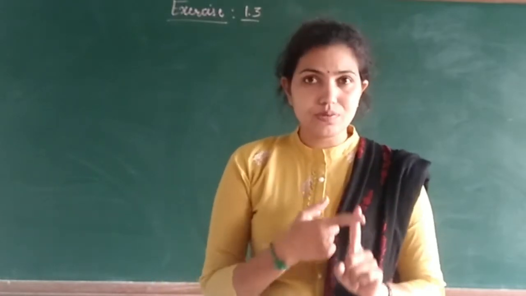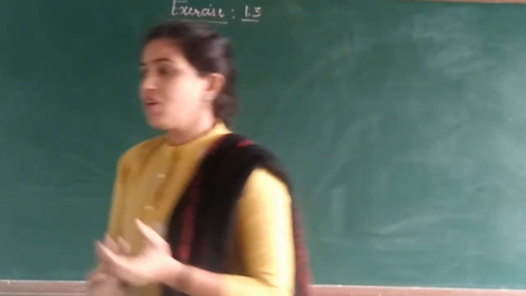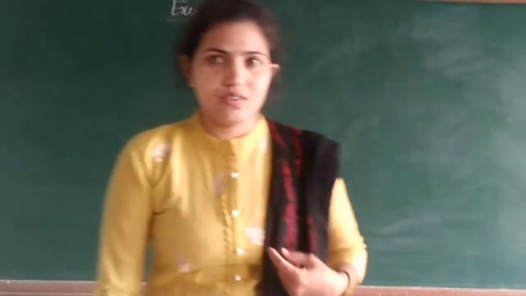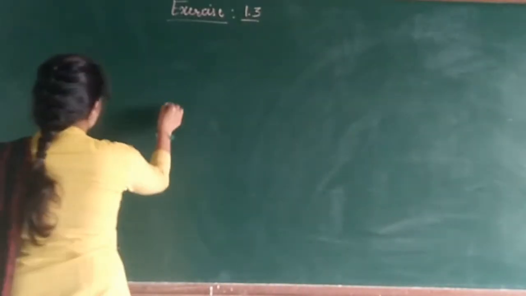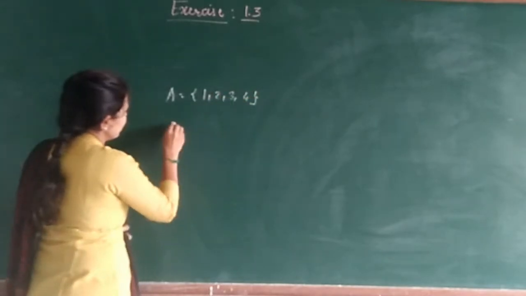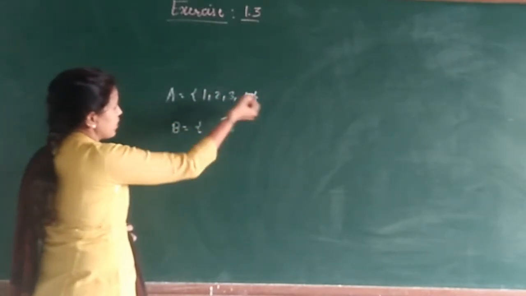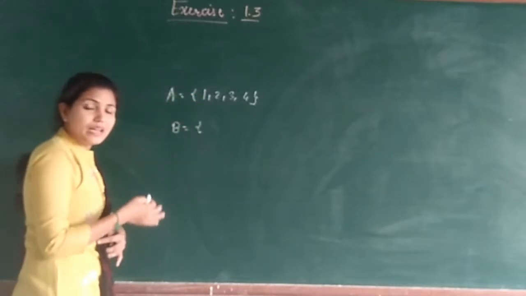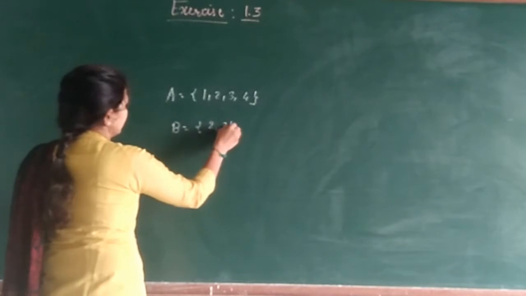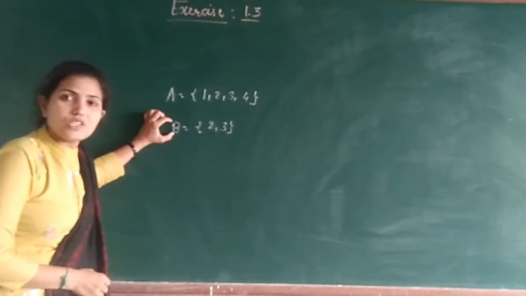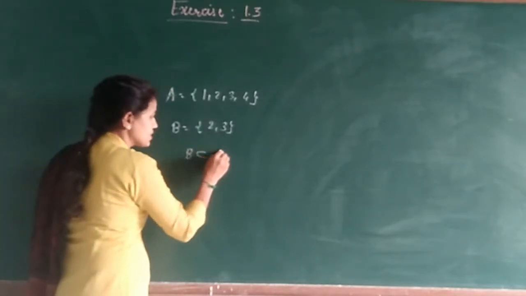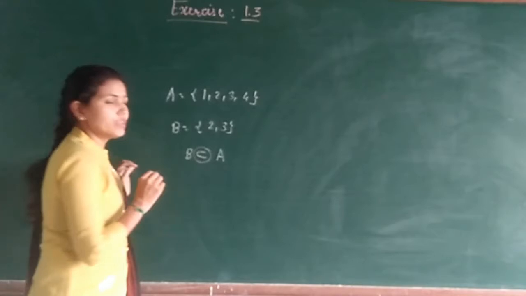First we have seen the subset of a set. Subset of a set means a collection of the elements which are in the set. Suppose A is equal to 1, 2, 3, 4. And if you consider B is equal to any 2 elements or 3 elements or all the 4 elements, it will be called a subset of the set. Like if I write down 2 and 3, then all the elements of B are the elements of A. Therefore, B is called the subset of A, and this is the symbol of the subset.